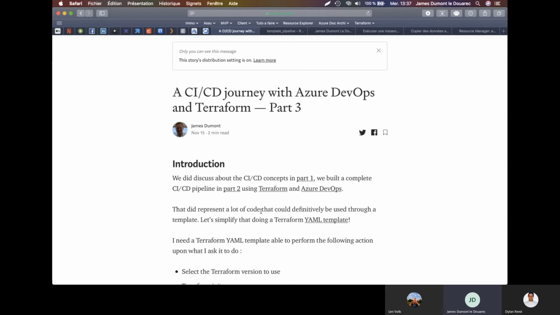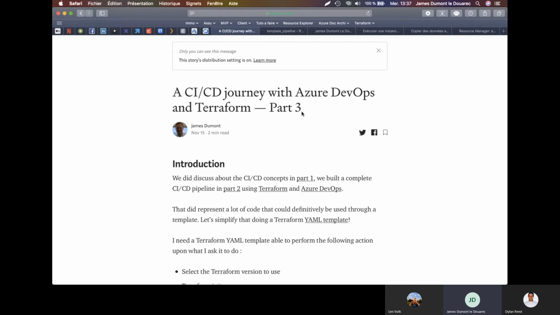So as you can see on part 3, which is actually a story composed of part 1 and 2. In part 1, we did speak about the CI/CD concept with Terraform. In part 2, we did a complete pipeline which launched the Terraform on an Azure Kubernetes service.